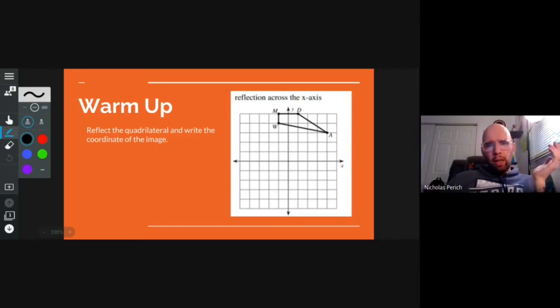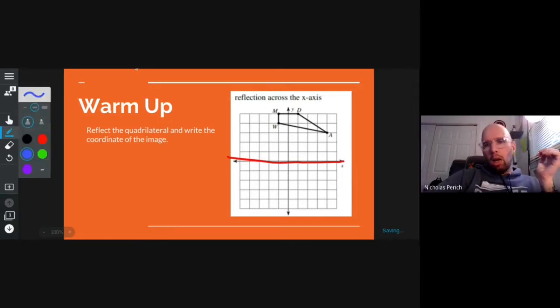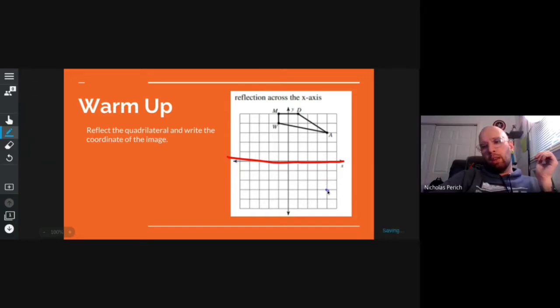If I wanted to reflect this over the x-axis, there's the directions. What I like to do is draw the line on the x-axis. We did this in chapter 1, maybe. What you do is take each point, count how many spaces it is away from your mirror. 1, 2, 3. And then count again. 1, 2, 3. And then put a dot there. And that's going to be my